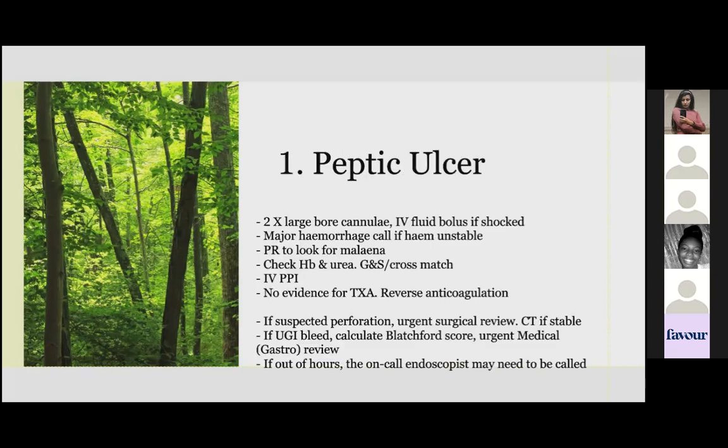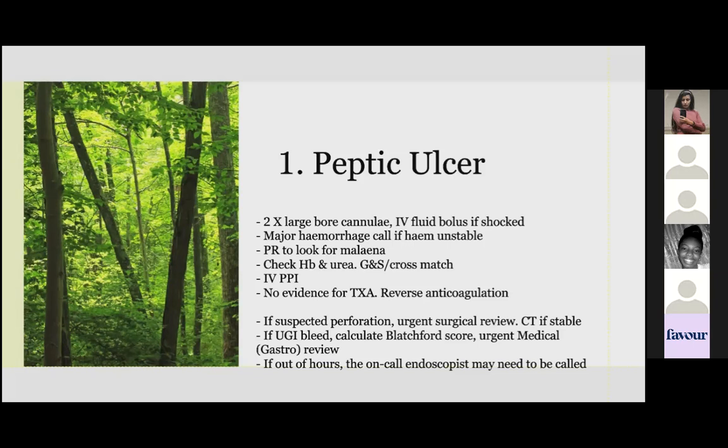So we're just going to start to go through some of these important causes of abdominal pain now. First of all, let's talk about peptic ulcers. For the management of this, if this presents with a shocked patient, whether the patient's got a perforation or whether they've got a severe upper GI bleed, as just mentioned, you need to get good IV access and give fluid boluses, plus or minus blood if the patient is bleeding. If they're hemodynamically unstable and you suspect a severe upper GI bleed, you need to put out